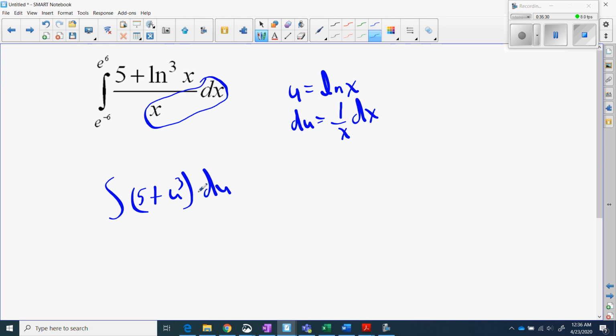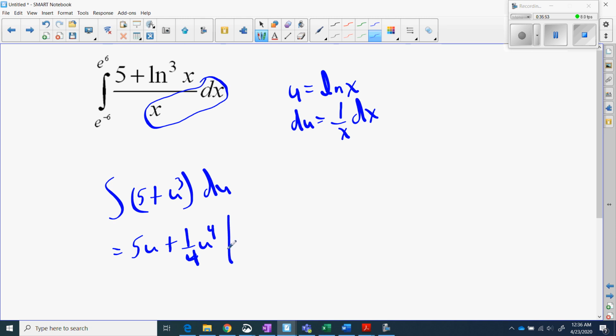I'm now working with the letter u, so those two bounds really don't apply if you're using the letter u. So that's why I just leave them completely out for now. So now I'm just going to do the integral of this, which should be easy to do. So it's 5u plus 1/4 u to the fourth,